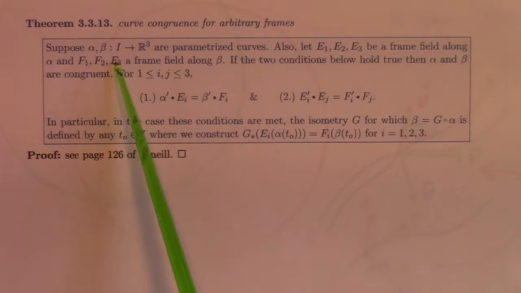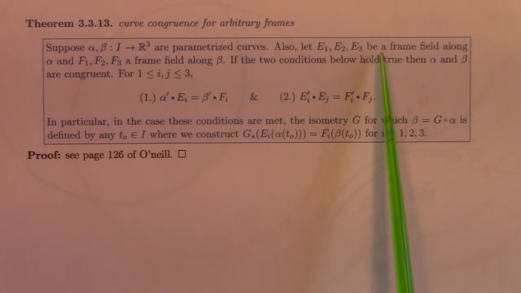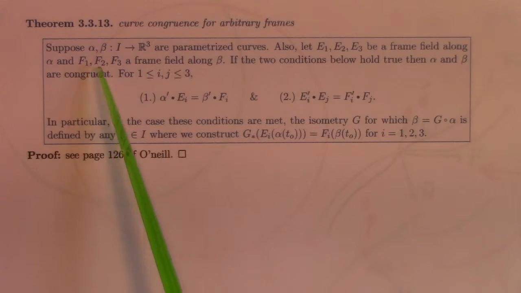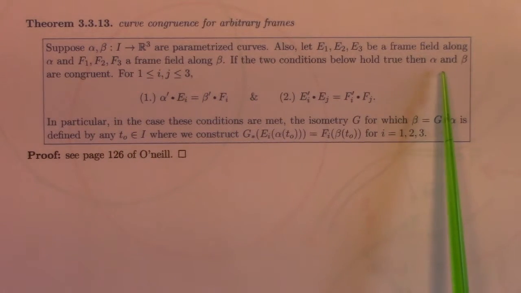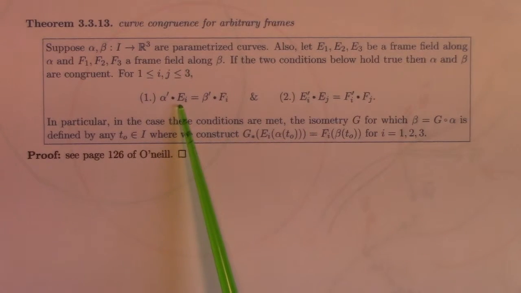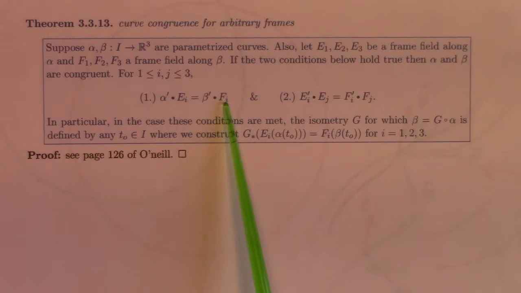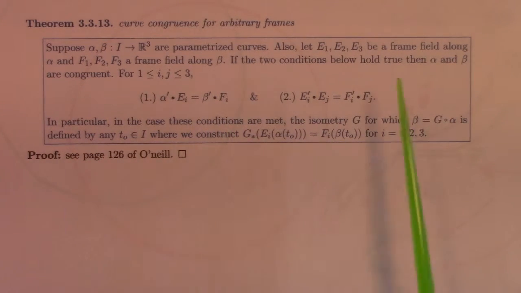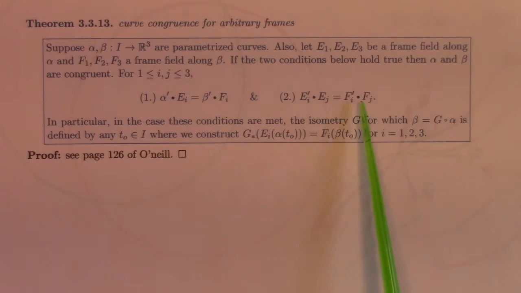If you have two parameterized curves, and you have a frame field E1, E2, E3 along one, and you have a frame field F1, F2, F3 along the other curve. And if you have these matching conditions, the velocity dot the E frame is equal to the velocity of the second curve dot the F frame. And if you have the dot products of the frames matching,